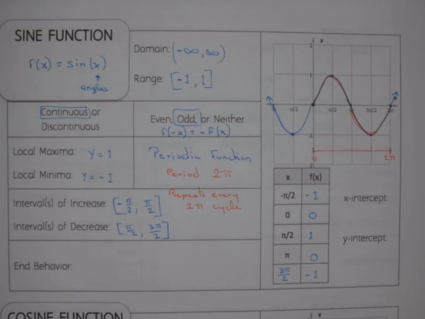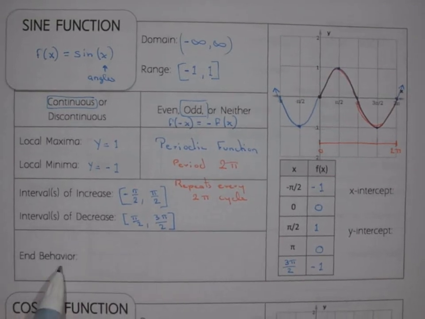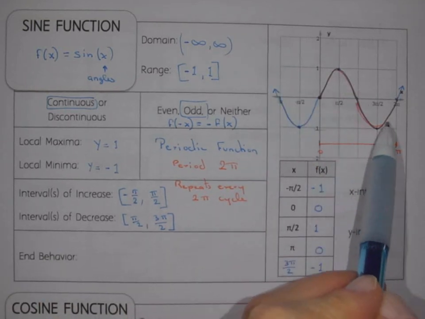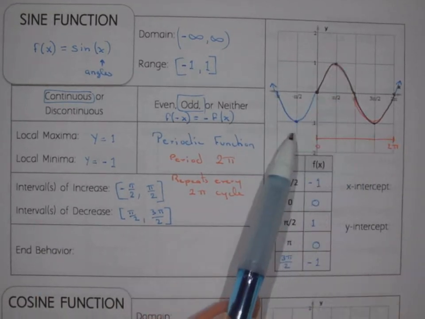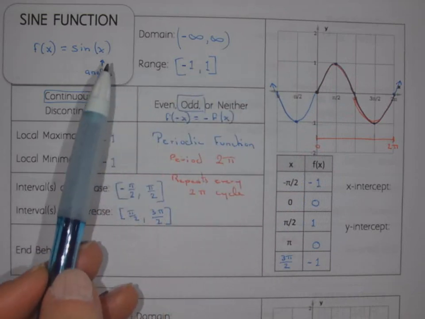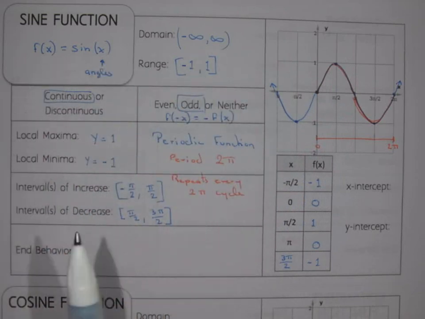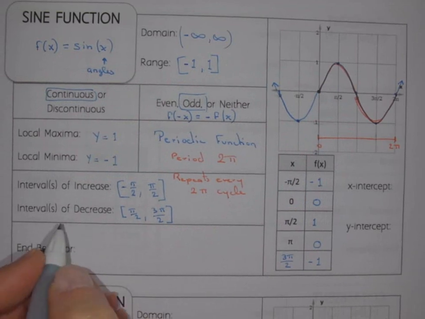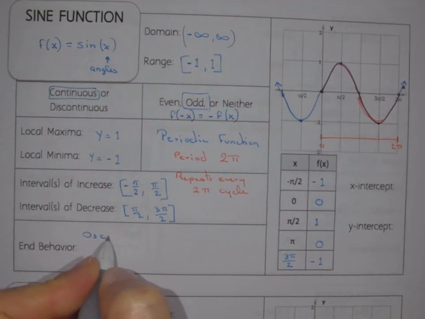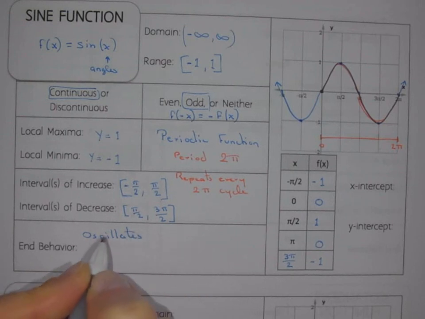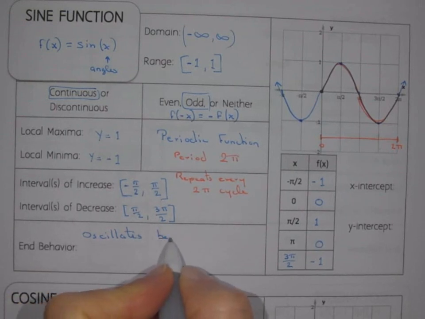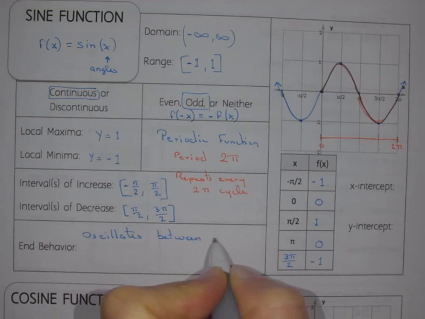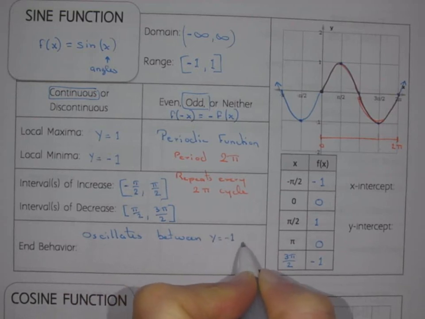End behaviors. So an end behavior is one specific value or direction that my graph will settle toward as I'm going toward the infinities on either side. Well, this function never settles anywhere. It's going to keep going up, down, between -1 and 1, -1 and 1, -1 and 1. It never settles, right? This is called an oscillating function. So this oscillates between y equals -1 and y equals 1,